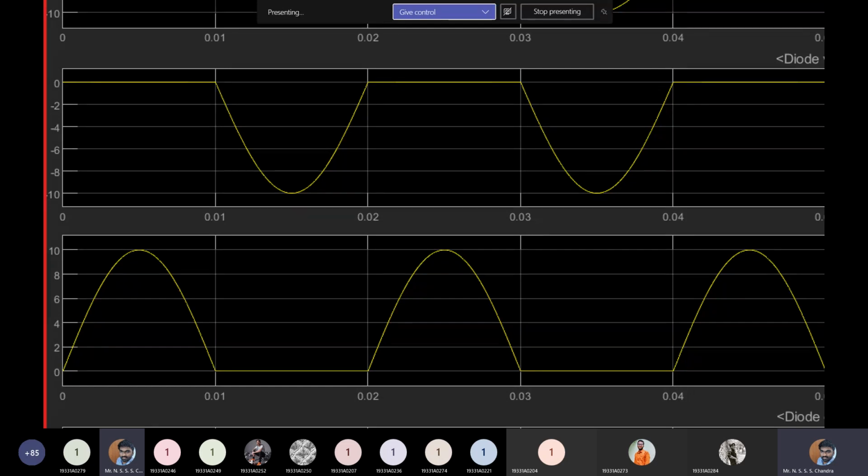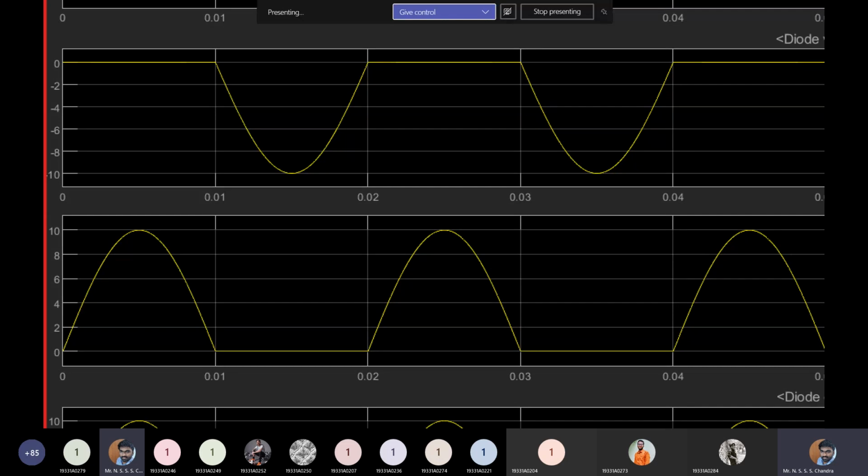We shall see the recording. It's still 50 hertz because your entire waveform is not only the sinusoidal portion but also the 0 portion. The entire thing combined is your total waveform, which is repeating itself. So your periodicity is still 20 milliseconds and the frequency still remains at 50 hertz.